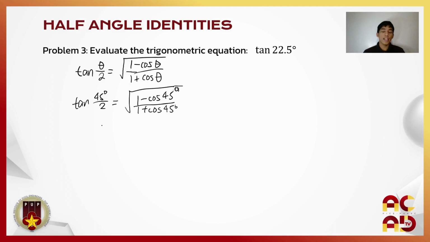So, nalagay na natin yung 45 degrees. So, ang tangent of 22.5 degrees is equal to the square root of 1 minus, what is cosine 45? That is square root of 2 over 2. And then, 1 plus ang cosine of 45 is square root of 2 over 2. And then, simplifying that will give us the square root of